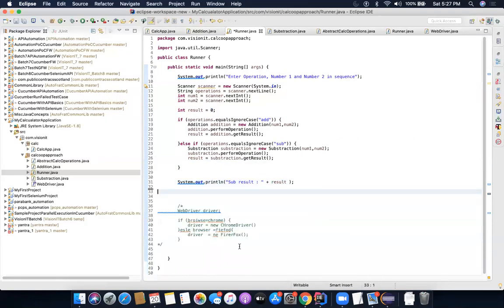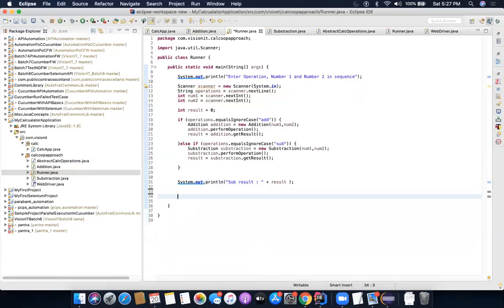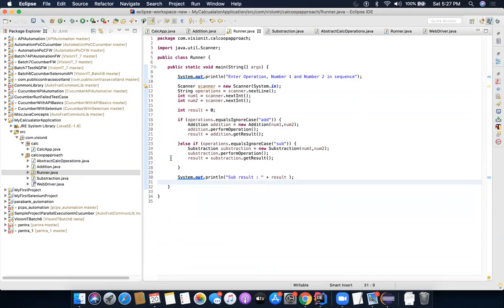We don't need it. So now what I did, I refactored my code. This is what is called refactoring. I thought what I had written earlier was not that great, and I think this is great. Now I still find a need to do some modifications here. I see there are a few repeated lines here. There are repeated lines for addition, repeated lines for subtraction, because these are the common operations, right?